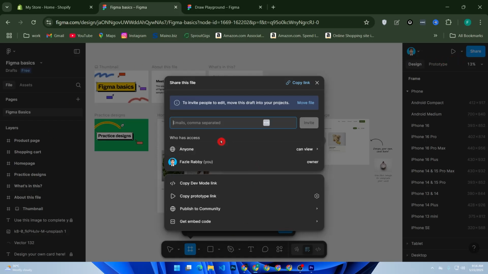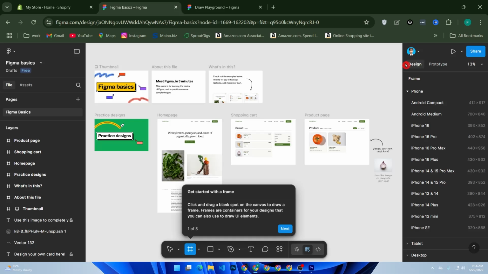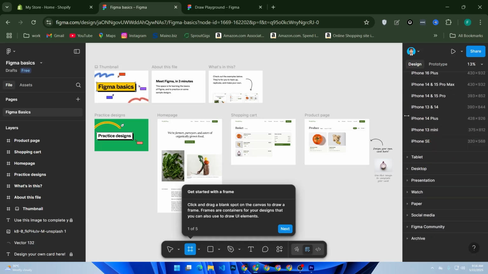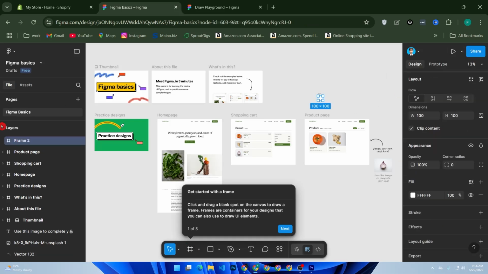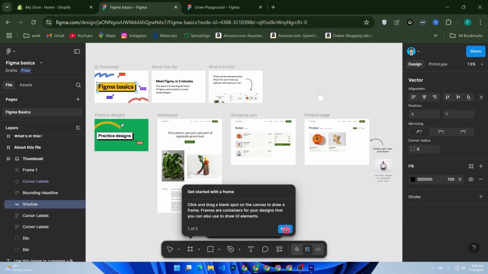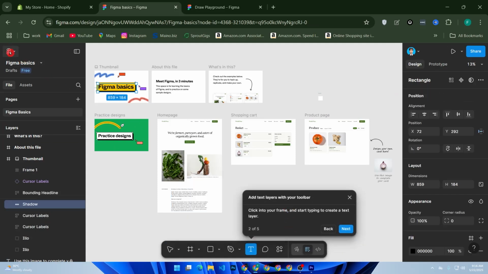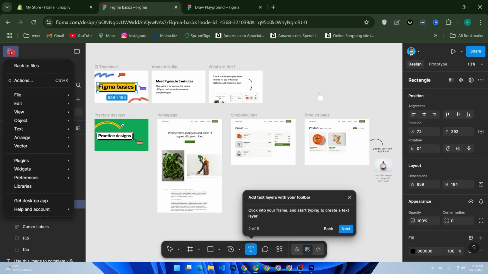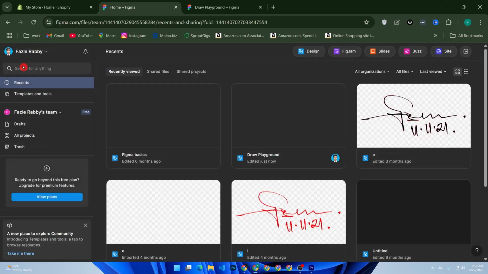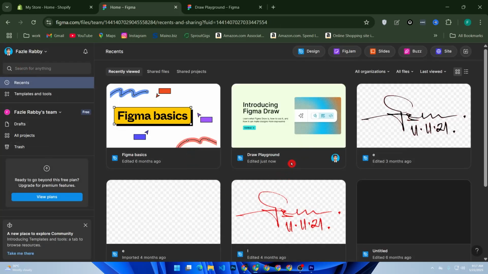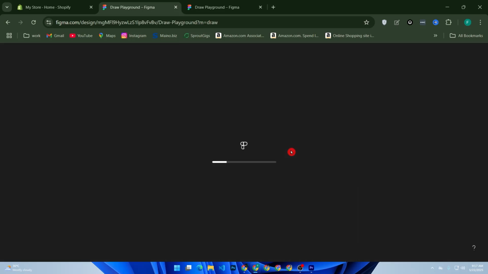You can share with link via WhatsApp, Messenger, or email. So now go back to your dashboard, select another project,